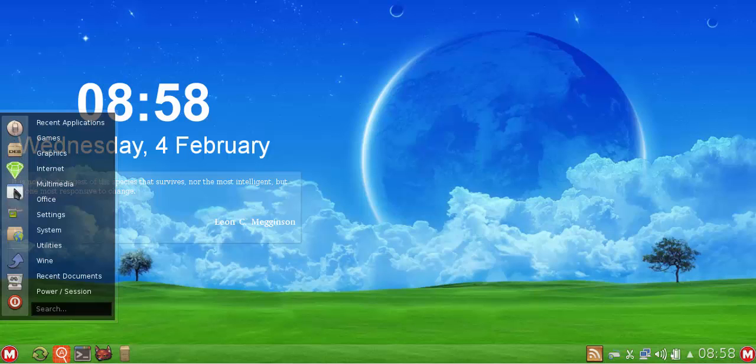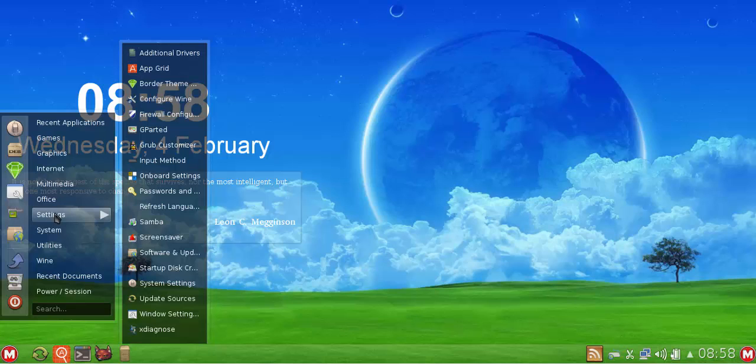All three of those are via your favorites in your menu. Otherwise you can get in the settings: there's system settings, there's Windows settings, and there's border theme. Those are the three that would control the theming and special effects of